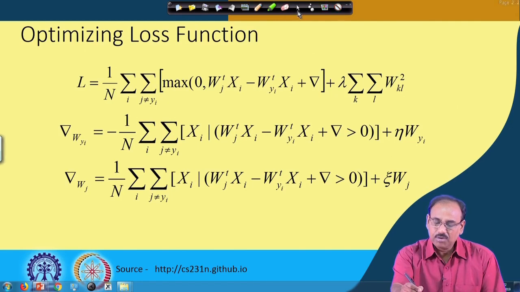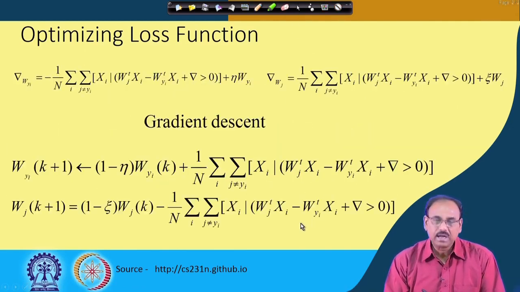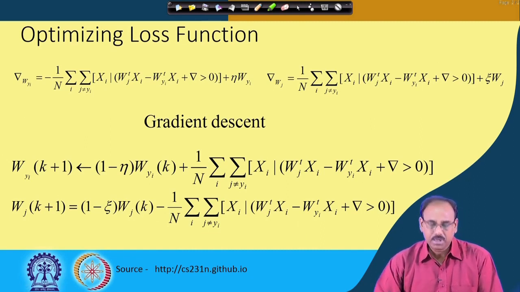Using this gradient, you go for the gradient descent approach, and your weight updation rule becomes: W y i at k plus 1 is equal to 1 minus eta times W y i at k, plus 1 over n, the sum of all those x i which were not satisfactorily classified. Similarly, W j is modified as W j at k plus 1 equal to 1 minus zeta times W j at k, minus 1 over n, the sum of all those x i which are not satisfactorily classified. That is what gives you the gradient descent approach for updation of the weight matrix, and once you reach the minimum of the loss, or on convergence, the W matrix that you get